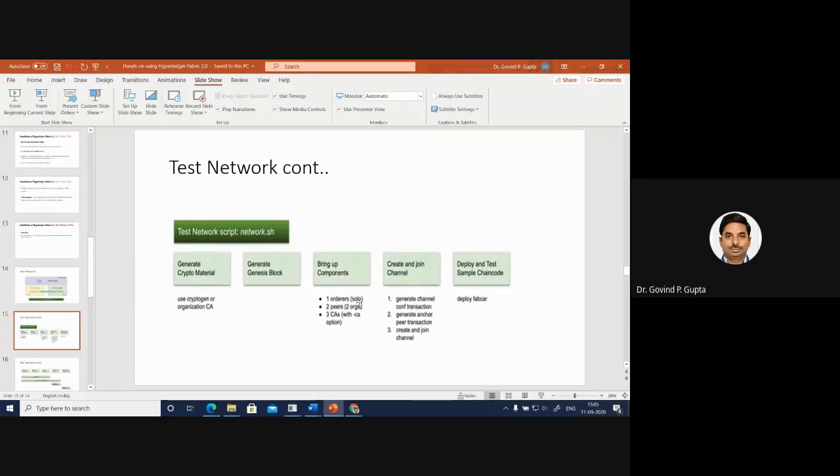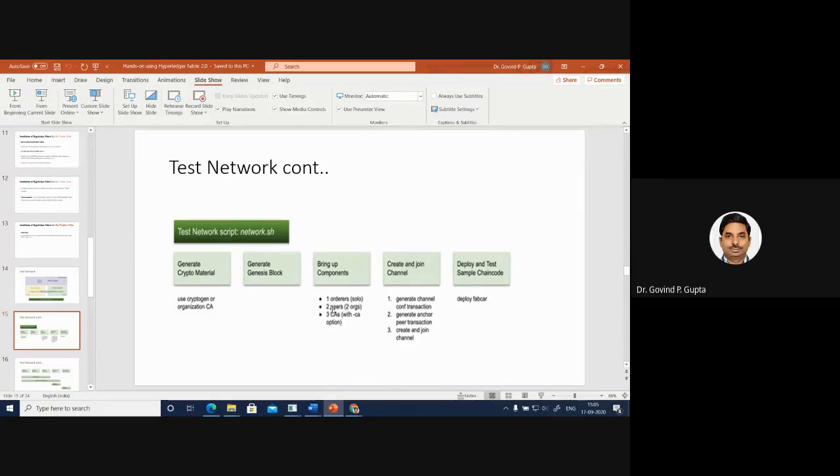Why? Because in a single system, I'm going to make consensus. But suppose I'm going to make the orderer among different peers, and these peers are placed at different locations, then you have to use either Kafka or Byzantine fault tolerance consensus protocol.